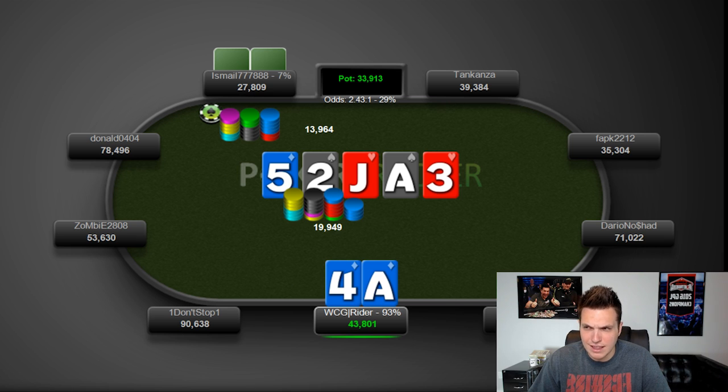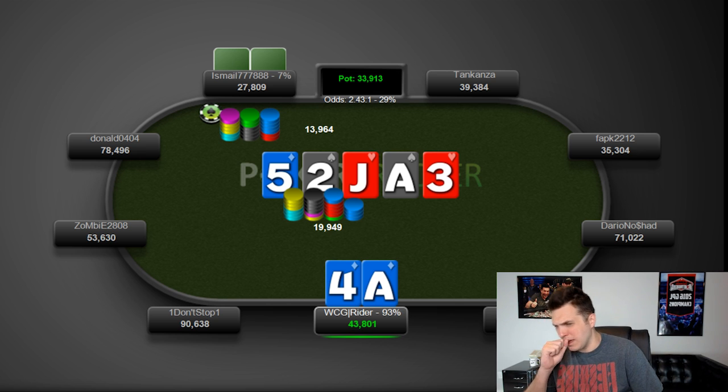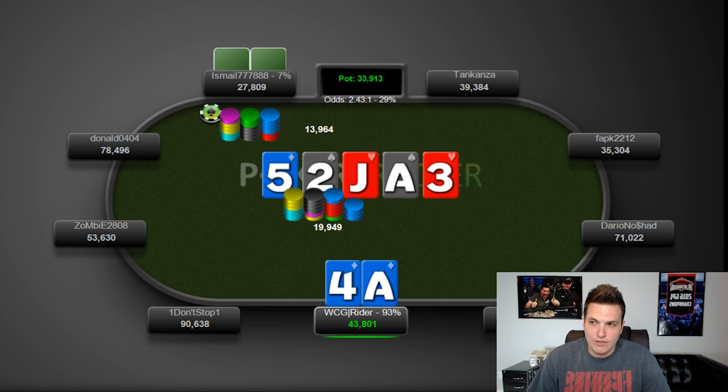So I think a trapped set is about the lowest I'm going for value, which means that we have something along the lines of a couple combos of ace four suited and a few combos of jacks. So we can only really bluff with one or two combos here, so you have to be kind of specific. And I think generally in those spots, if we cannot really have an ace, like if all of our aces are two pair, then